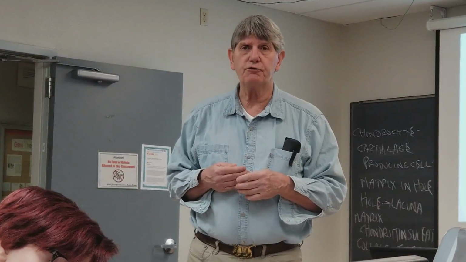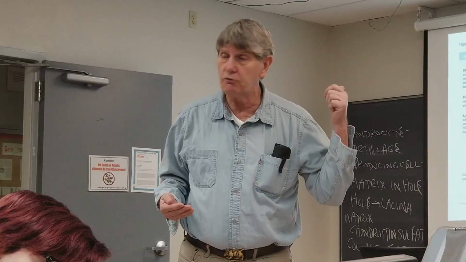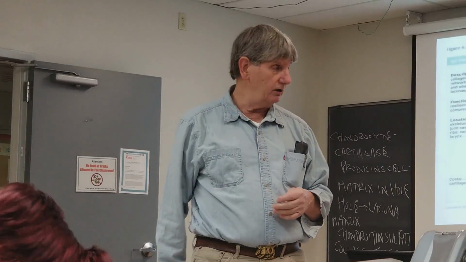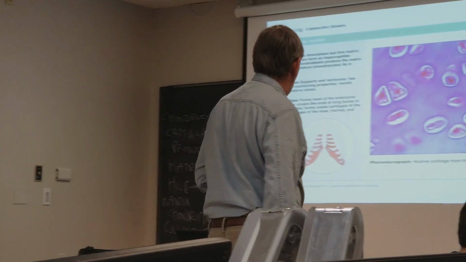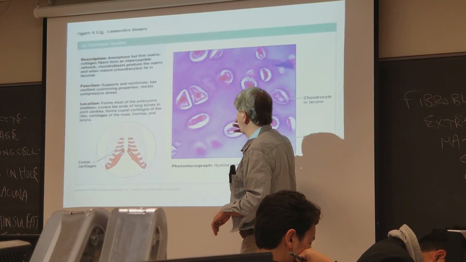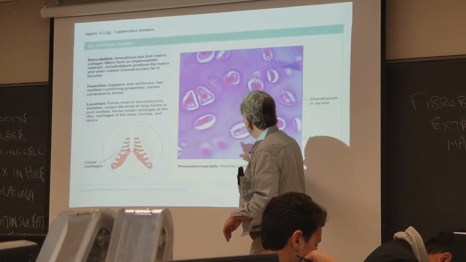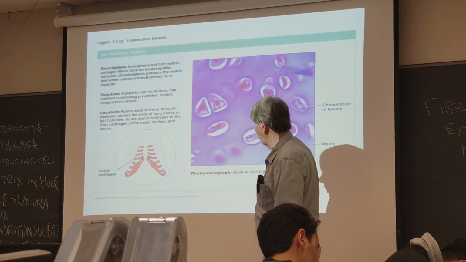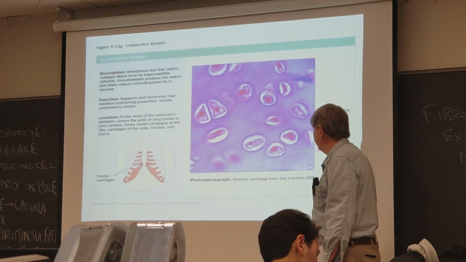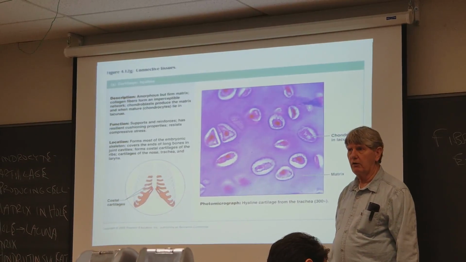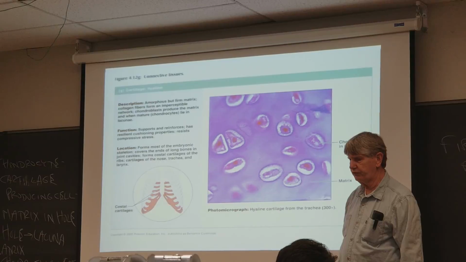And depending on the nature of the cartilage, you may have not obvious collagen like we do with the hyaline, or you may have a little more obvious, it just depends. We're only doing the hyaline. So anyway, smooth matrix with fibers hardly visible whatsoever. You see the little opening here, that's the lacuna, the hole that the cartilage cells are in, and then the things on the inside right here are the cartilage producing cells,